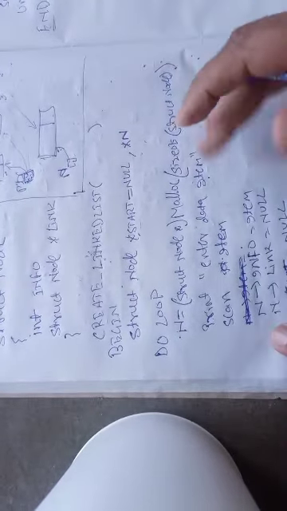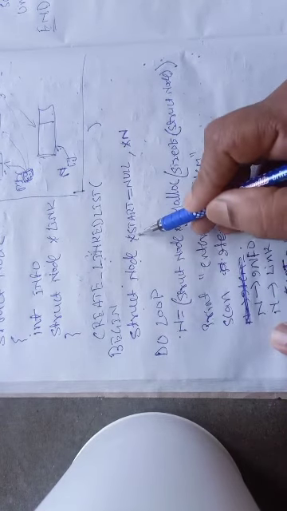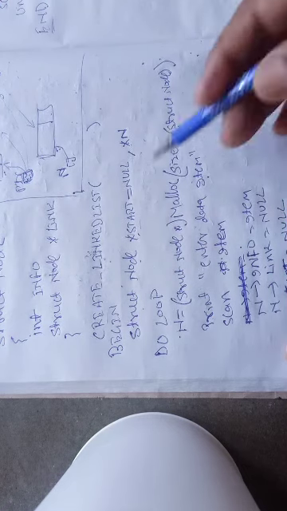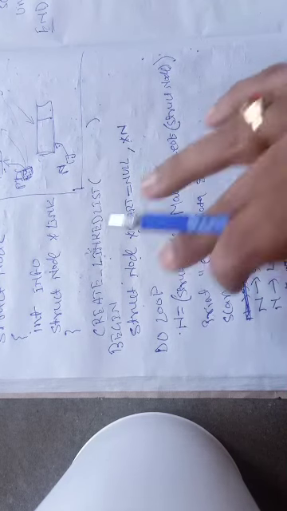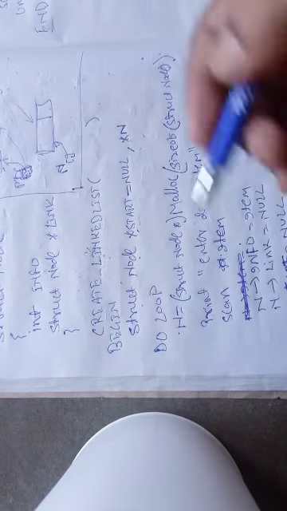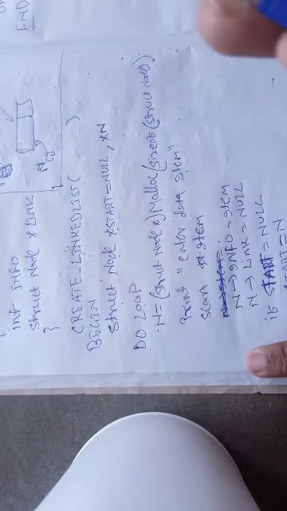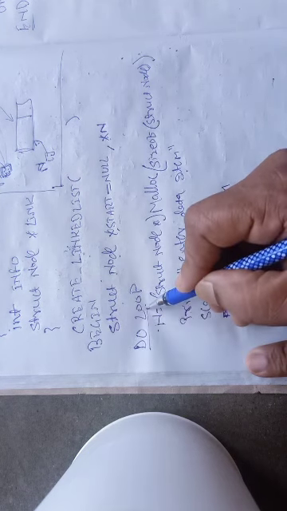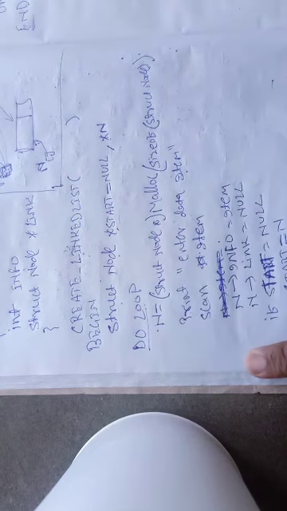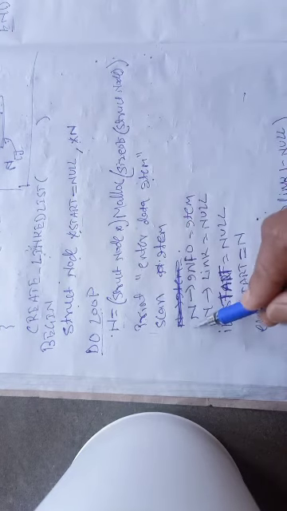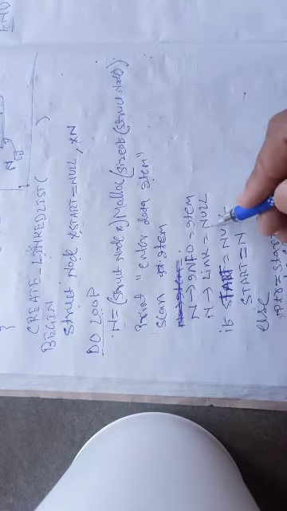Okay, so initially I have created struct node asterisk start equal to null, and then I have declared asterisk n. I need some more variables also in this algorithm, but I have not declared them. I have directly used them in my algorithm, but when we implement a C program, I have to declare all of them. Now the first do loop begins. When it begins for the first time, right now there are no nodes at all. So n equal to struct, a new node is created. These three statements create a new node, n of info, n of link equal to null.